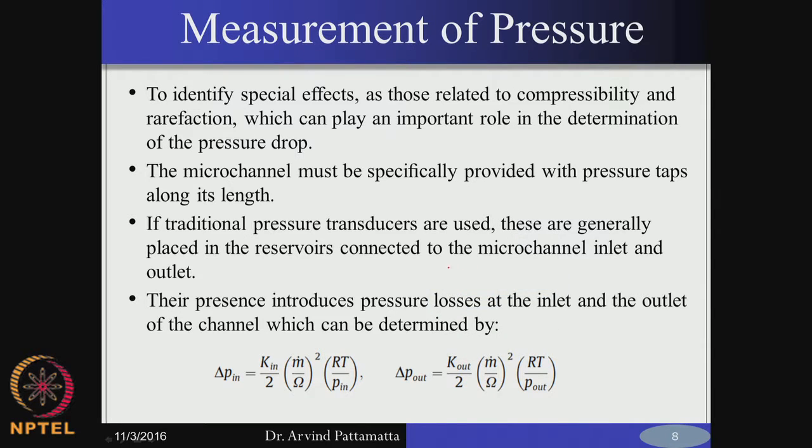if you are fabricating a microchannel like this, okay, you usually have an inlet manifold through which you have a flow of liquid, and an outlet manifold from which you take it out. Now, where do you put the pressure tappings? Obviously, you have to put pressure tappings where you have a sufficient contact area, okay. So, generally we put it somewhere here or here,